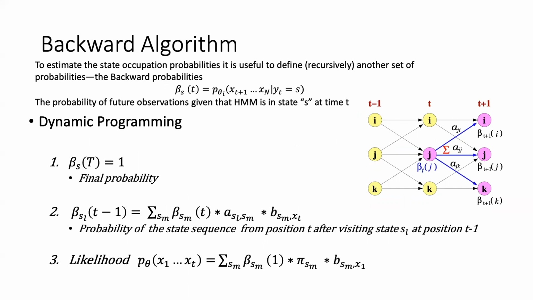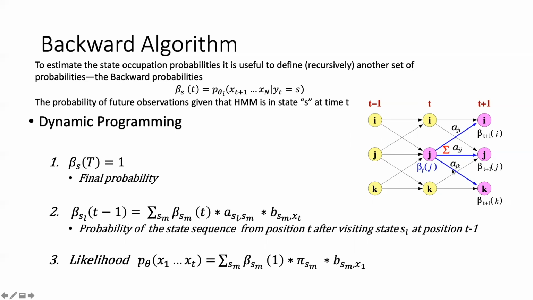So let's try to define the beta and then try to understand how we can also compute the likelihood using beta. The beta indicates the probability of future observations given that the HMM is in state S at time t. Similar to forward probabilities, we can also compute backward probabilities starting from the backwards and then coming towards the left side. So we can initialize it with beta S of T, which indicates the final probability, which is equal to 1,